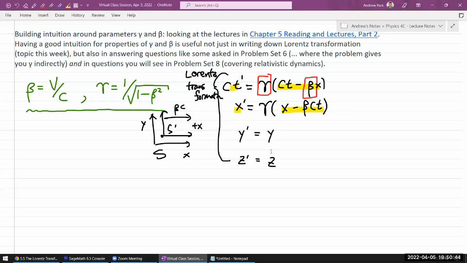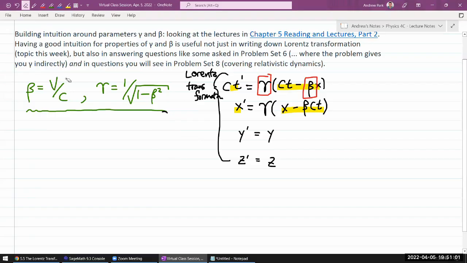It's useful for other things. And I think the full application of this is easier to see next week when we are going to be dealing with relativistic energy and relativistic momentum. Because what you're going to see is that